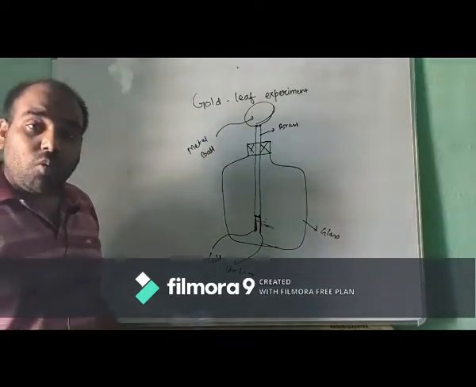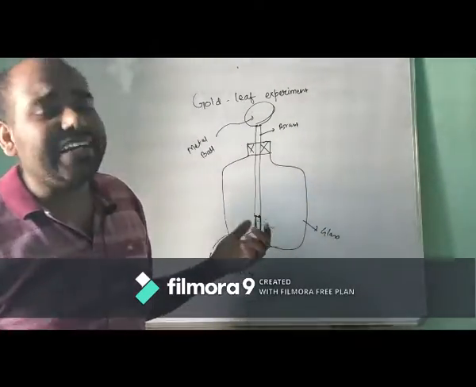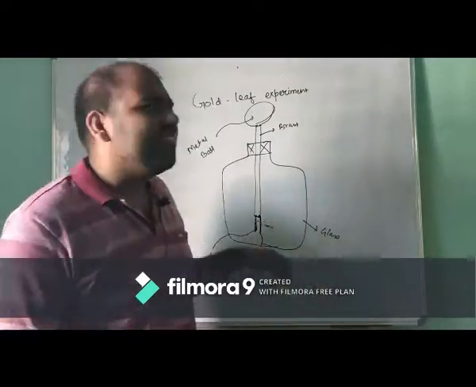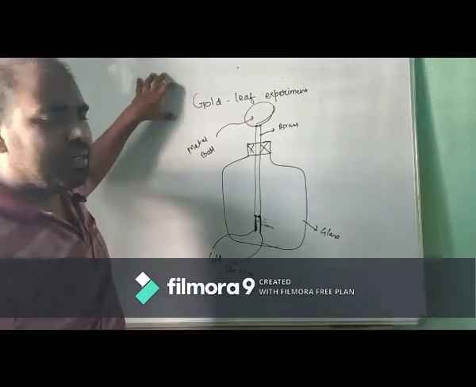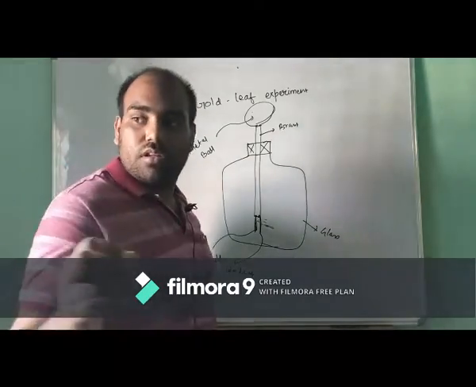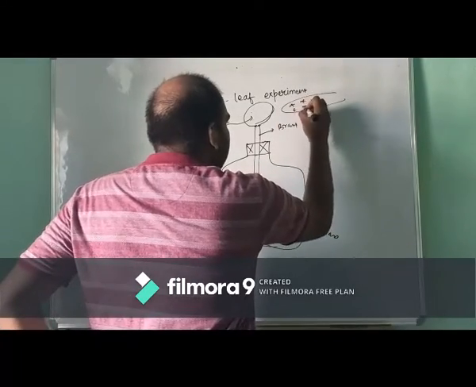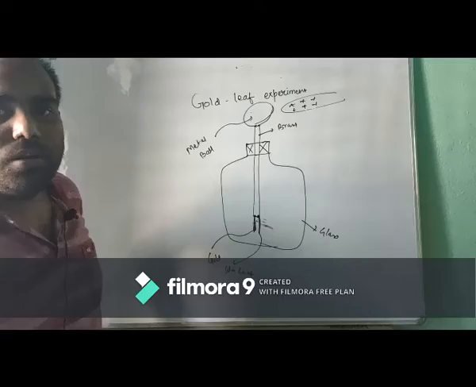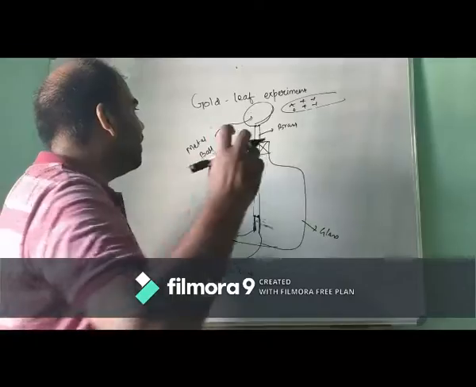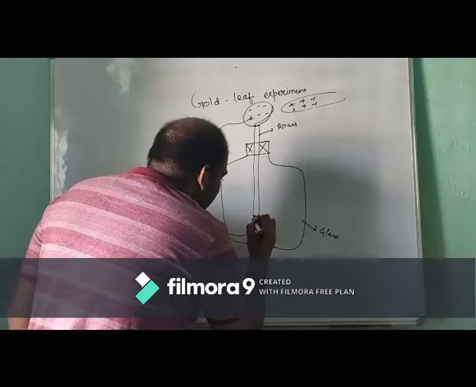Now, what is the objective of this experiment? We want to detect whether the charge is positive or negative. To detect any charge, there are different kinds of experiments. One of the experiments is basically the gold leaf experiment. So what happens? Suppose a positive charged body comes near to this metal ball. So obviously the induction will take place. So this metal ball will take the negative charge and this leaf will become positively charged.